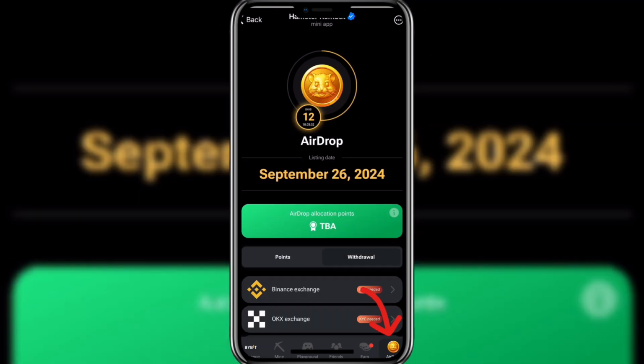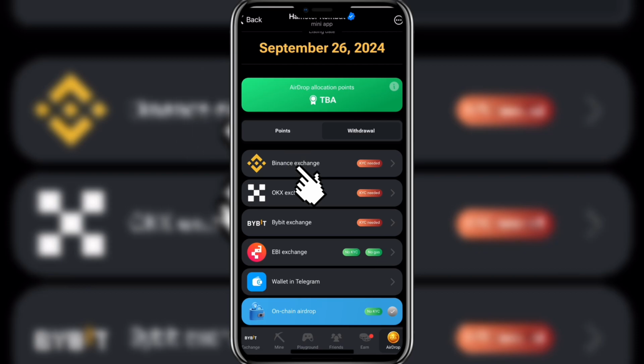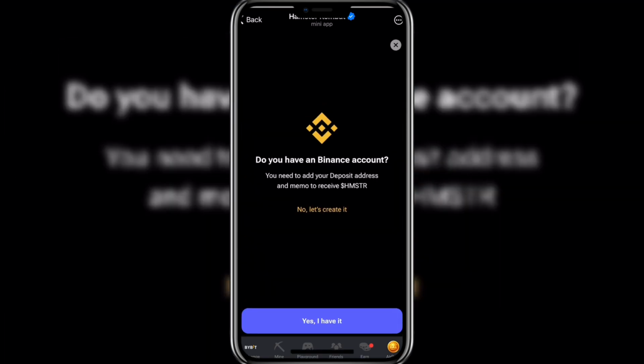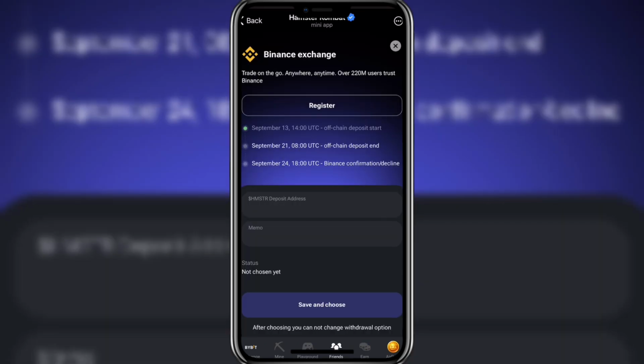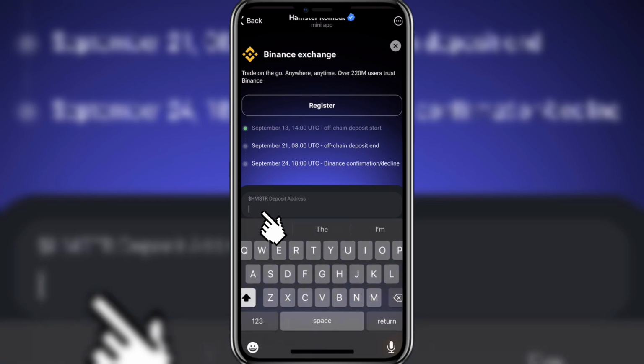Airdrop over here. Select the Binance exchange by clicking on it. And if you already have a Binance account, click on Yes, I have it over here. Now, all you need to do is to paste the Hamster deposit address that you already copied from Binance into